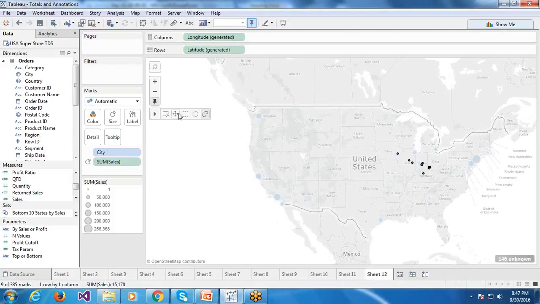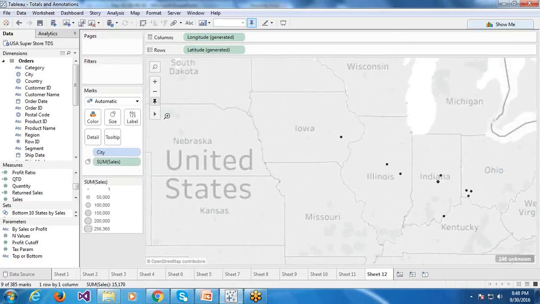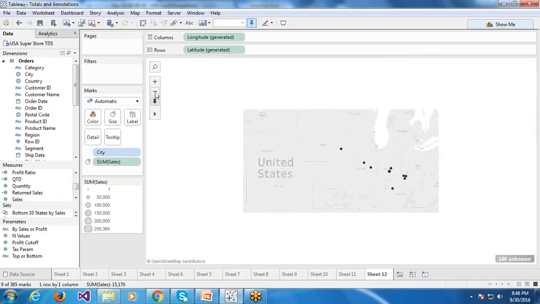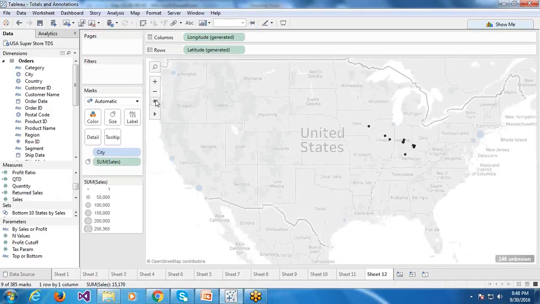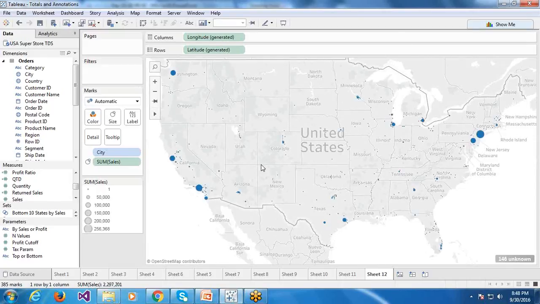And this is for zoom. You can use zoom for this one also, but you have to click here. If you click here, it will zoom. I think Google Map also has that kind of feature, right? Google Map has pan and zoom. So this is pan, this is zoom. So that is about the view toolbar.